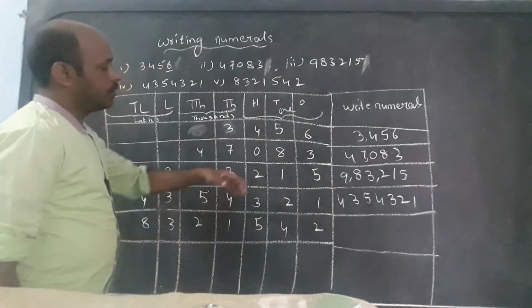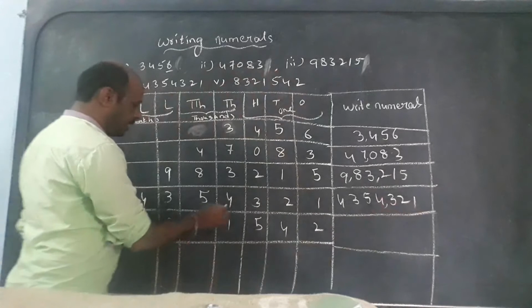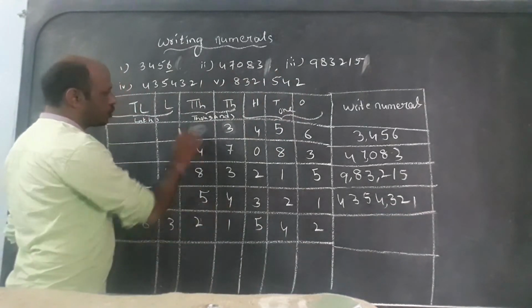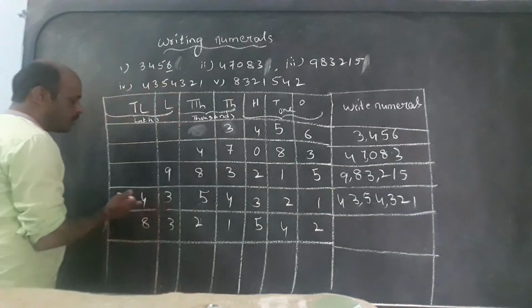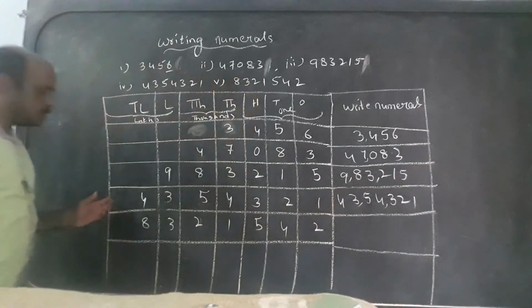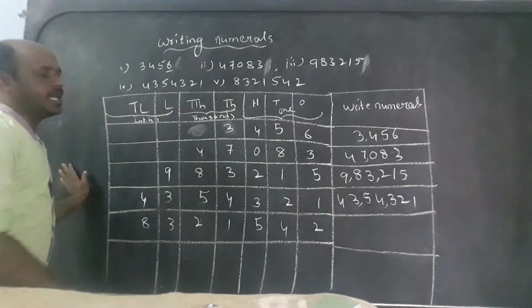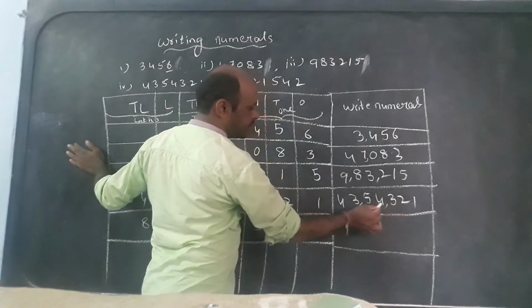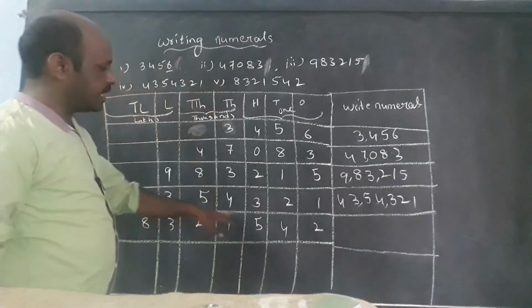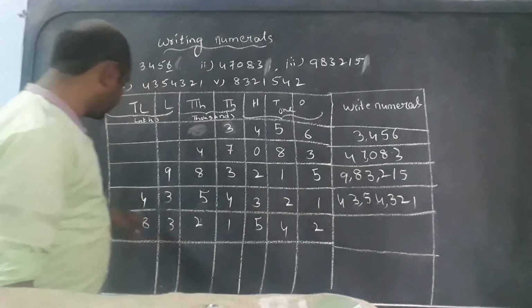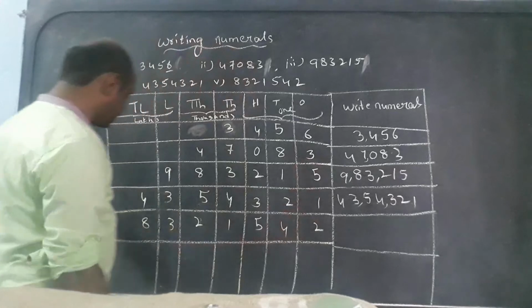Next one, listen. The ones period has 1, 2, 3. Next, 4 and 5 together are the thousands period, so keep a comma. 4 and 3 are the lakhs period. Before the lakhs period there is no other period. We should read the place values as ones, tens, hundreds, thousands, 10,000s, lakhs and 10 lakhs. How many lakhs are there? 43 lakhs, 54,321. One more time: 43 lakhs, 54,321.